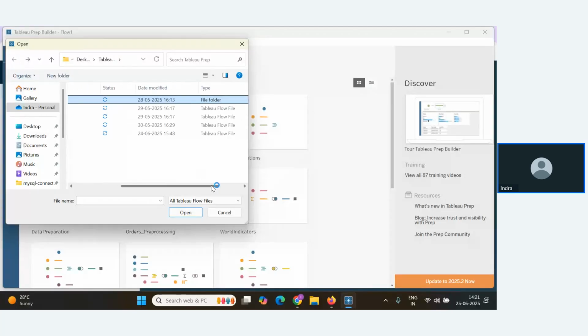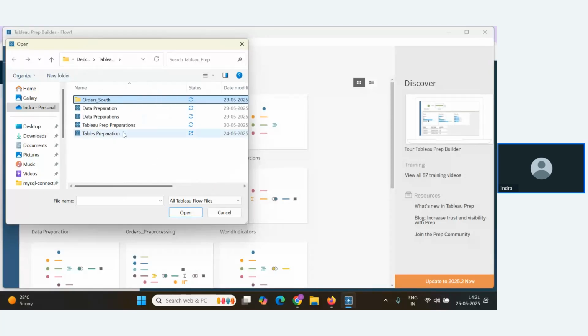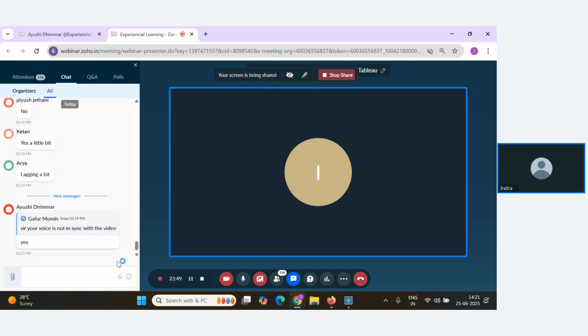This is the file we have saved, tables preparation.